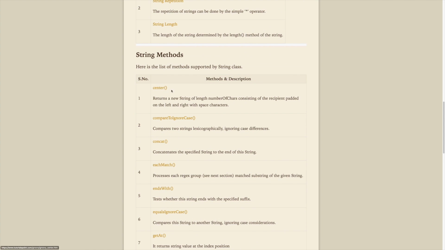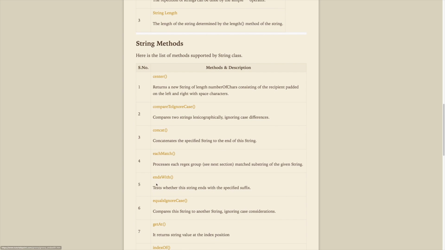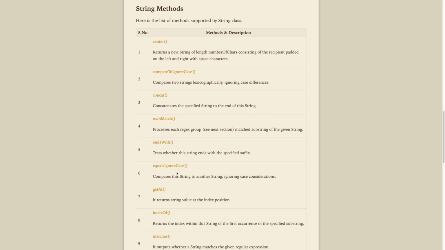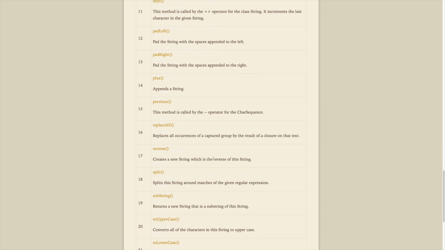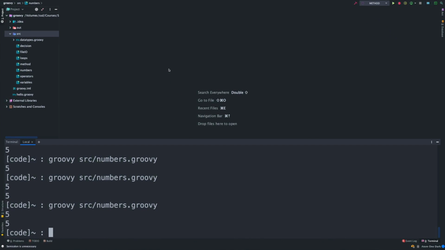We have center, compareToIgnoreCase, concat, endsWith, equalsIgnoreCase, getAt, indexOf. So there are a lot of methods available. We're going to take a look at some of them, and I would highly recommend that after you know how to apply a method to your string, you go to this article and take a look at the methods available to you. So let's go back to IntelliJ.